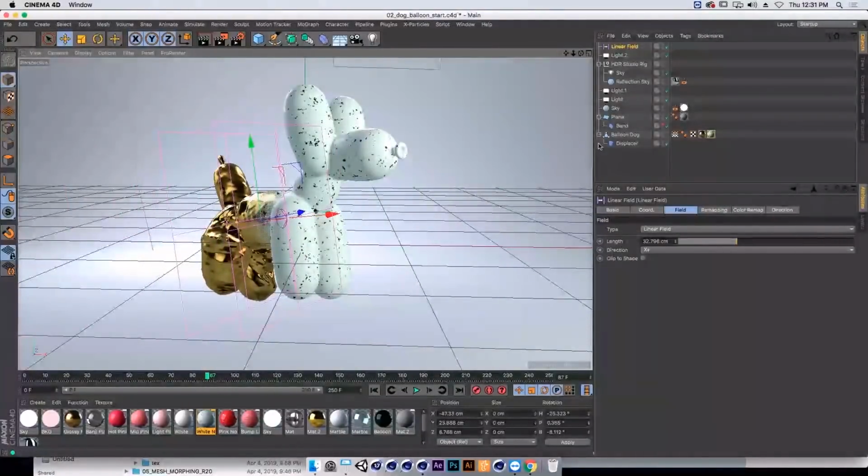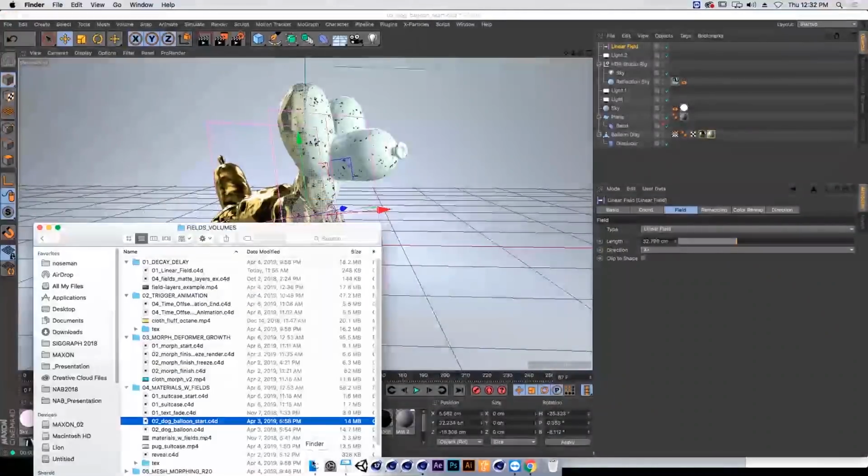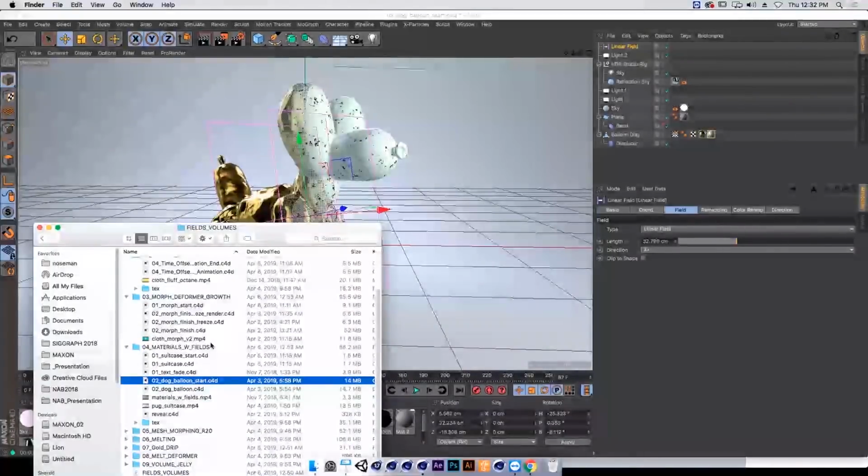We can animate this. We can also add like a jiggle deformer on here too. So as that displacement is happening, we can also have that undulating as well, just like the cloth. So really, really cool stuff. And this is something you really couldn't do before, to easily wipe on materials and have these really cool dramatic transitions on your objects. Definitely don't have Redshift here because it's not rendering all that fast. But let's go to our next thing,